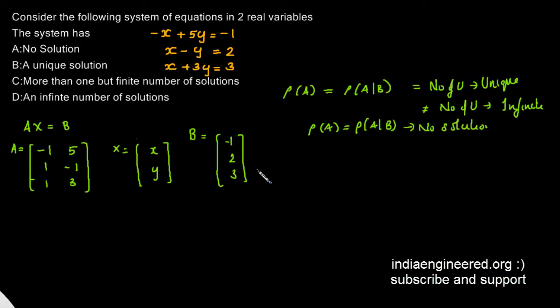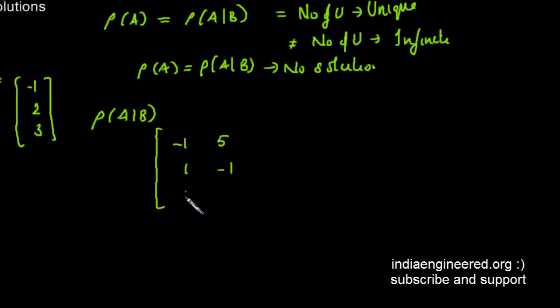So we need the rank of A and the rank of the augmented matrix. First we will see the rank of the augmented matrix. We can form the augmented matrix by writing matrix A followed by the matrix B. Now we have to use elementary row operations to make the elements below the first non-zero entry 0. So these two elements must be made 0 first. So we are going to convert it into row echelon form.